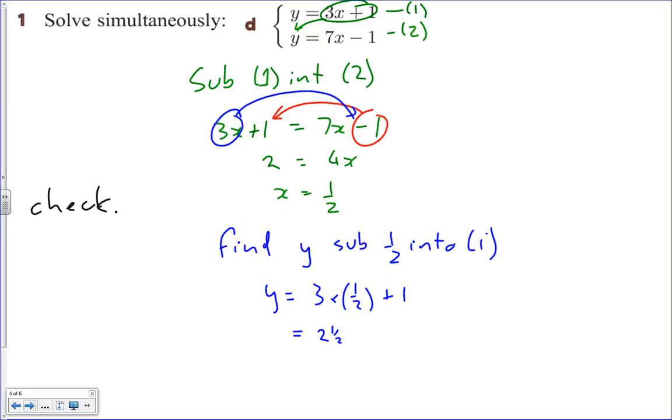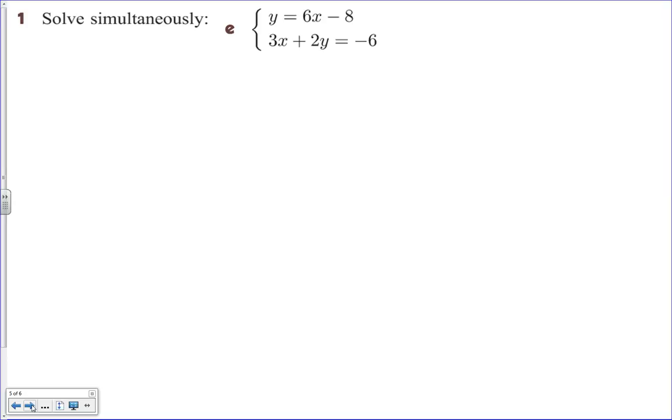So 7x take 1, so it equals 7 times a half take 1, so equals 7 over 2, which is 3.5 take 1, which is 2.5, and that happens to be equal to the y value that's over here. So that's what we want. E, solve simultaneous, y equals 6x take 8 into that. So again, I'm going to go 1, 2,